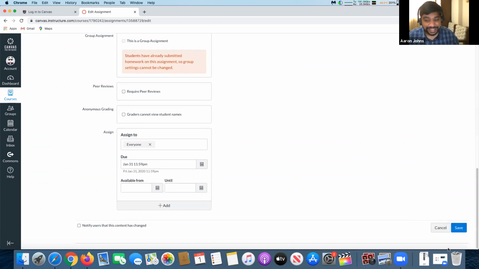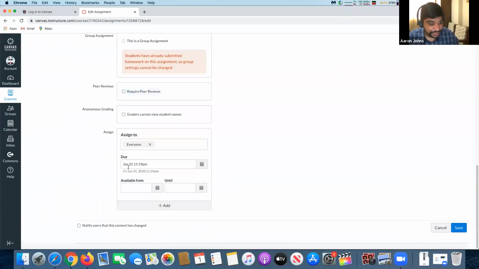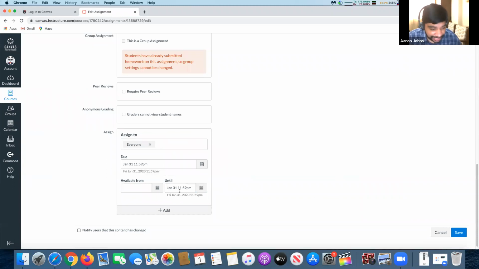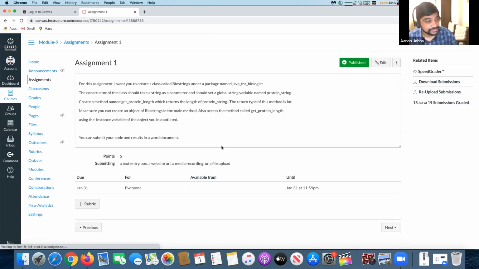So in that way, they can't play the system to a degree. And another thing is you can lock them out after a certain due date. So if you put it as Jan 31st, the assignment gets locked out and they can't upload the assignment after that date. So you can lock them till the 31st day of Jan. They can't enter the system. So set the due date and until to block them altogether. So that's how you get an assignment.